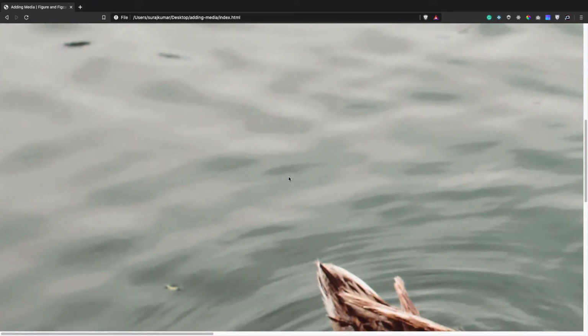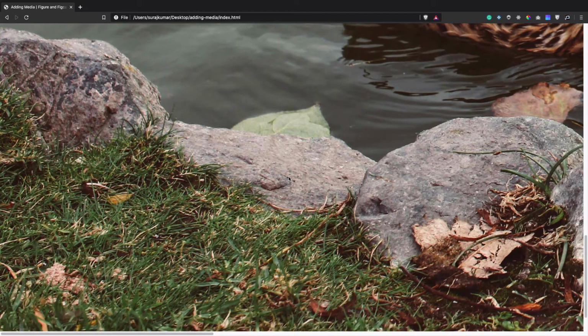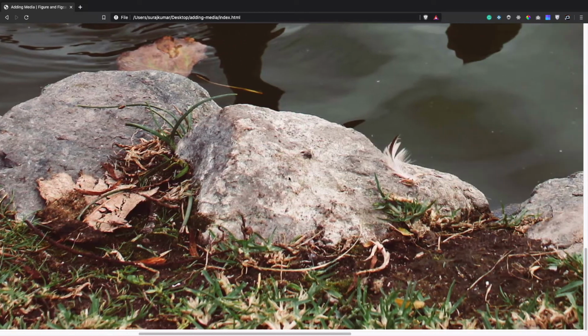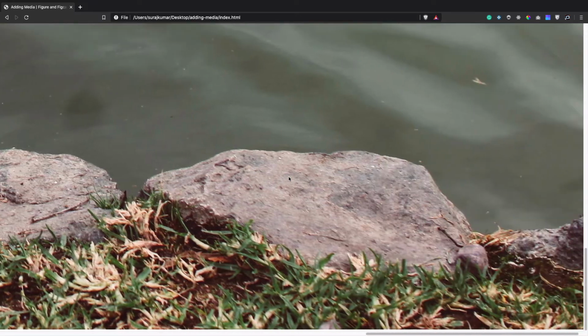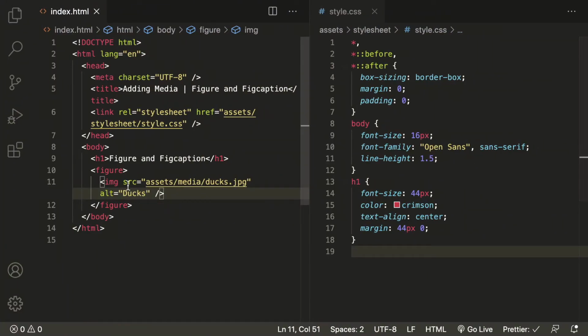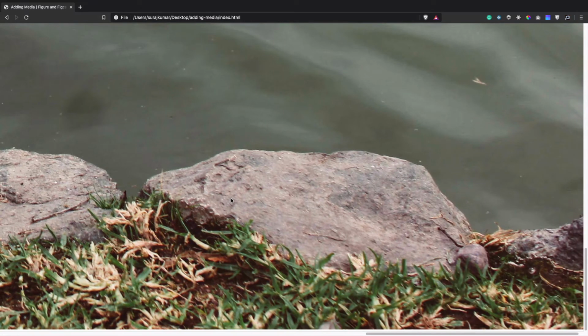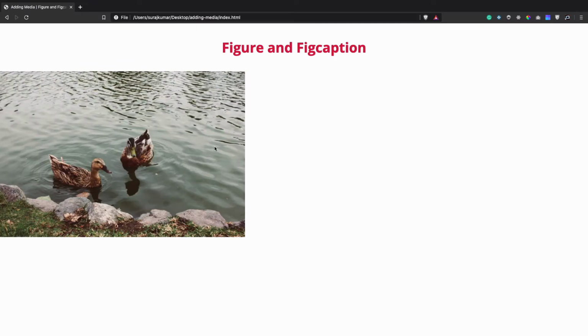Here we have that image. As our image is way too large, we are seeing that our image is overflowing out of the page. So let's style it. Let's define the width here. We'll say 800. Now save it, then give it a refresh. So here we have the image.